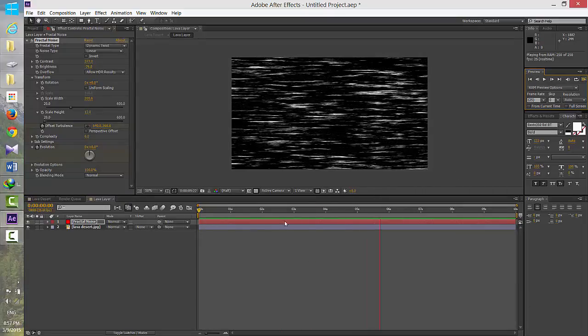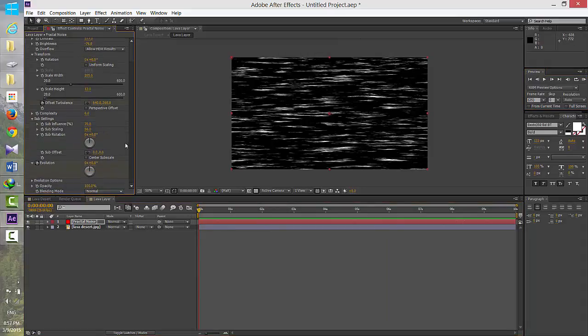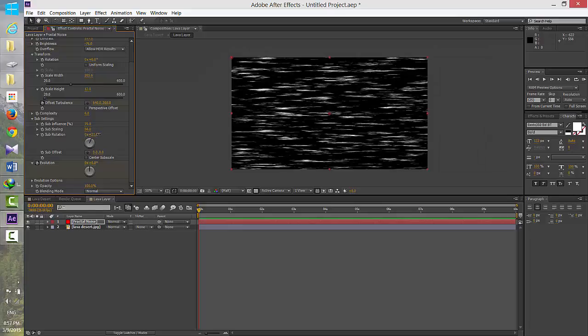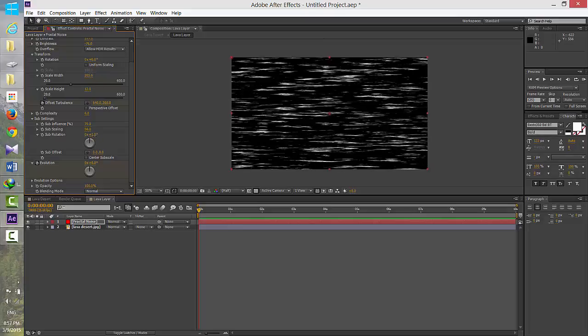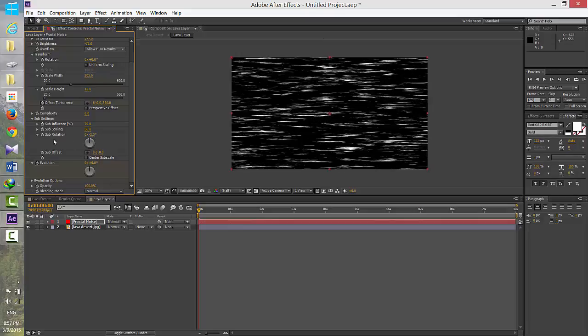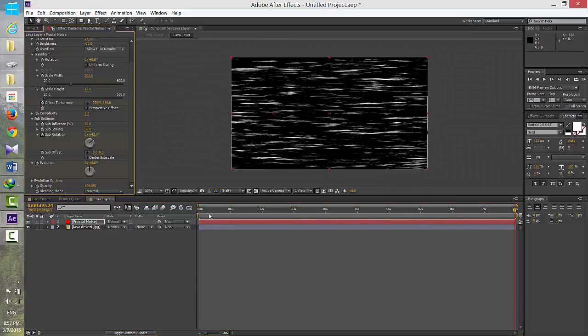Okay, now I will also introduce you to another section of the settings, which is subsettings. Subsettings actually affect how things will be looking. There are many levels of fractal noise which are working together. So we can also go for the sub rotation. You can see it will be making a lot of changes or a lot of effects. So we will be animating the sub rotation from the beginning, and we will go down to the end, and we will give it a little bit of rotation out here so that it will be giving an uneven speed for the